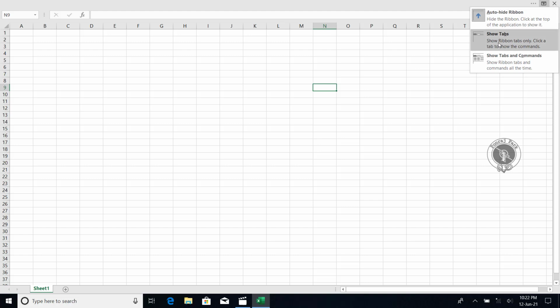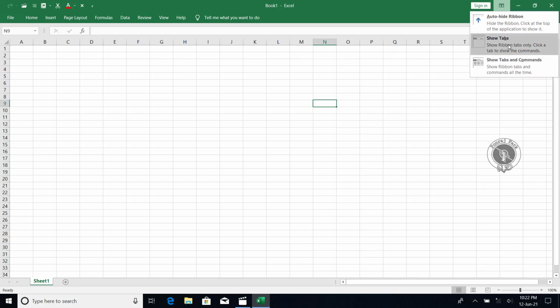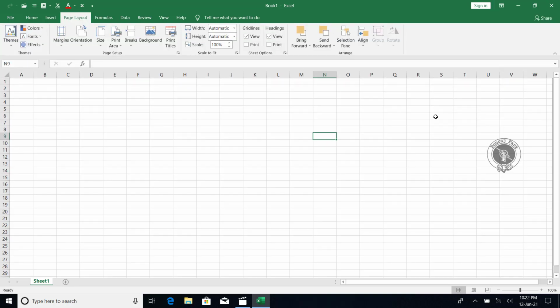This will show only tabs, not all the commands and tools that we have. You can see here only tabs are showing. If you click here again, you will see show tabs and commands. This will display the whole thing as we had previously when we opened this Excel file. So let's click on that. Here we get it back again.